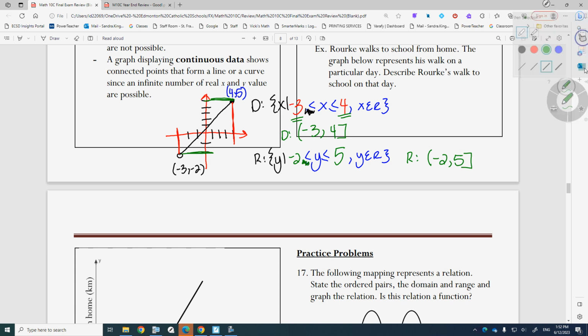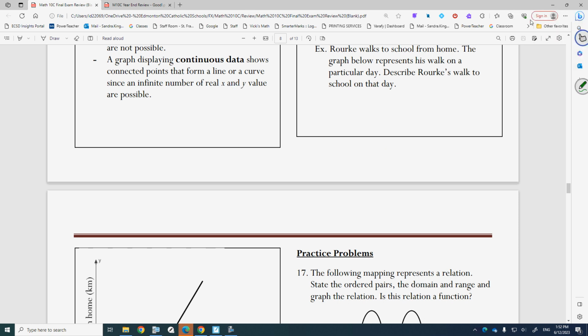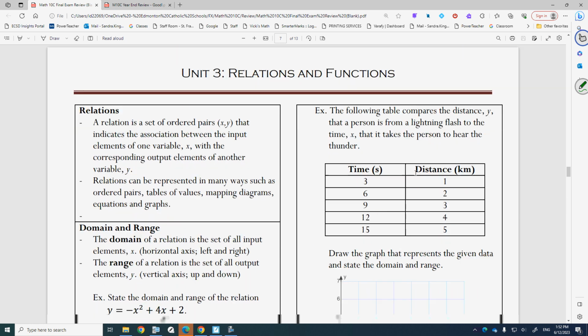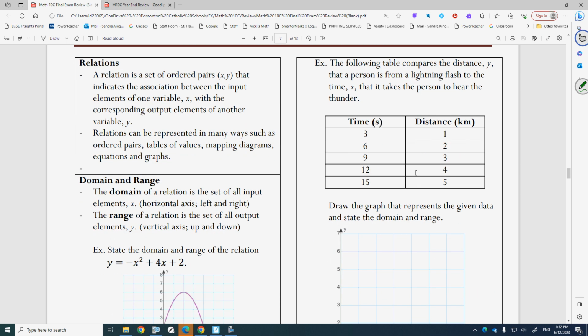Let's graph, and then we'll review continuous versus discrete data. If we're graphing from a table of values, this would be my x, and that would be my y's, and we could get ordered pairs from here. My first ordered pair would be 3, comma, 1. Then I'd have an ordered pair at 6, comma, 2, at 9, comma, 3, 12, comma, 4, and 15, comma, 5. So let's plot those 5 ordered pairs